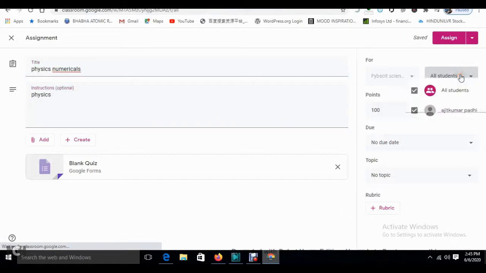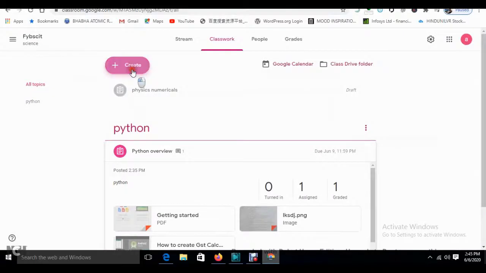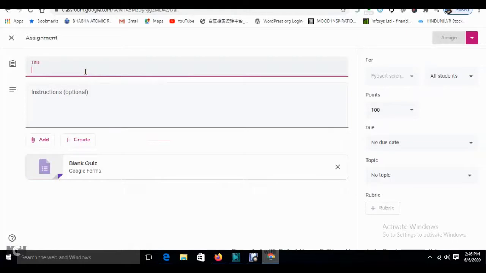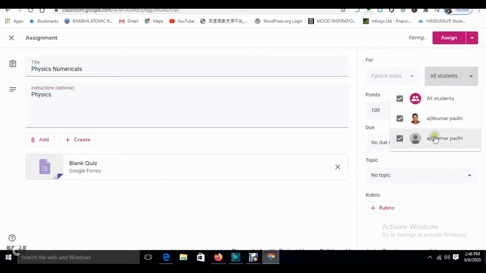Okay, see now for this I have done this. See over here in students, again I will go to cancel and I will go to create quiz. Over here, I will make physics numericals, and physics and optional comment. See over here students, two options are now showing, means two students are showing. If you want to give it only to this student you can, if you need to give all then you can select all like this. Okay, now I will select all. See now I have done this.